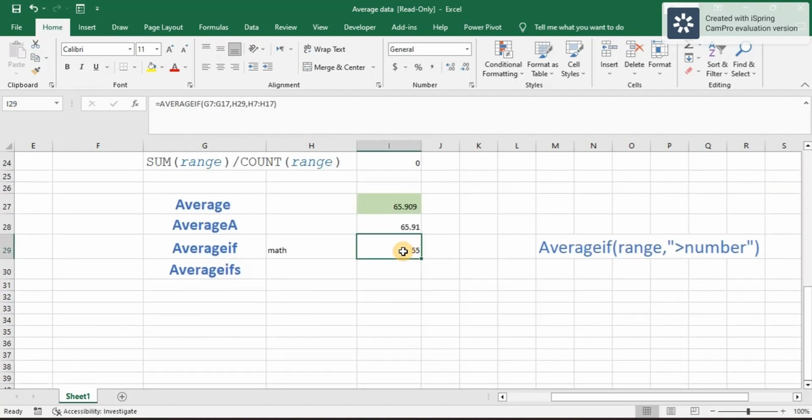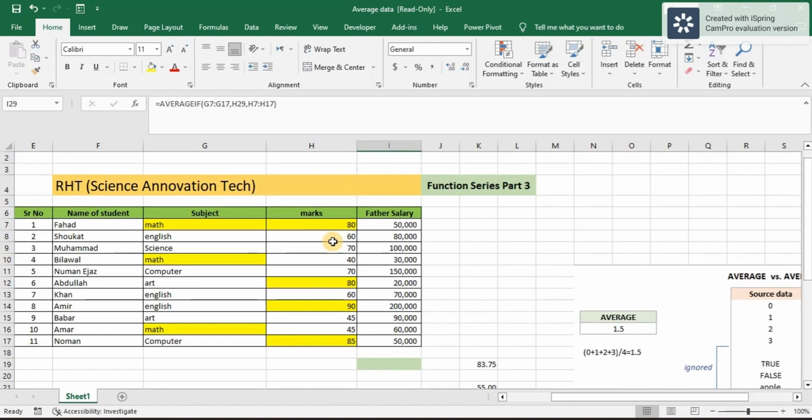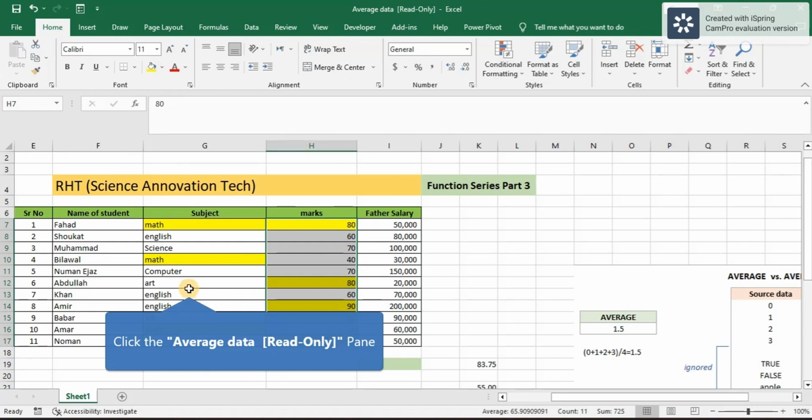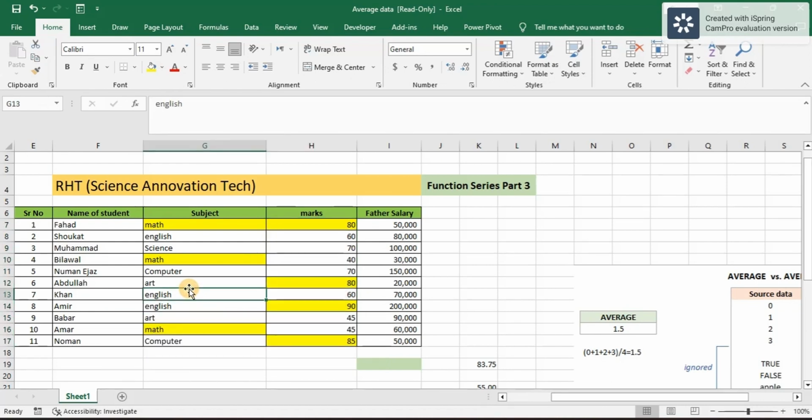So you guys know that you can give the criteria range inside the range area, or you can give it from outside the range. You can also give it with the student's name. You can also give the salary, if